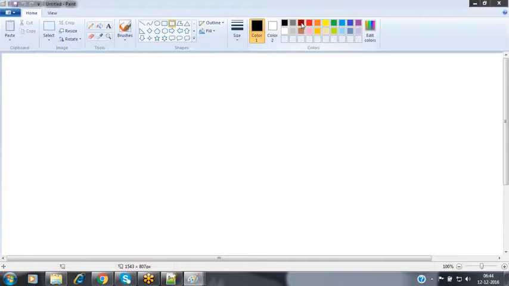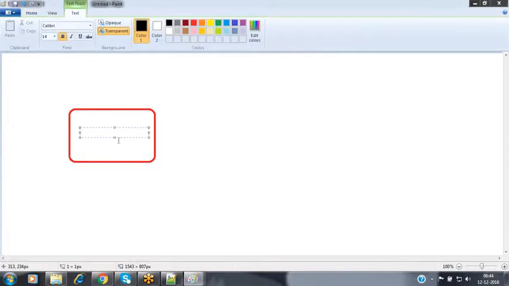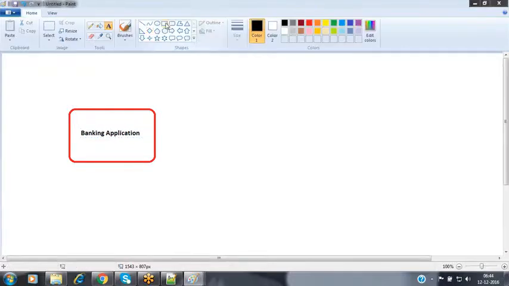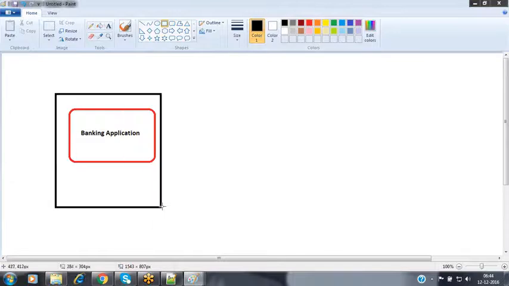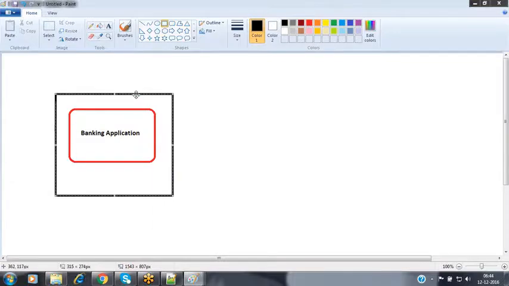Let's assume that this is my banking application, and it has been installed inside a server. Assume that this is my server, an application server.